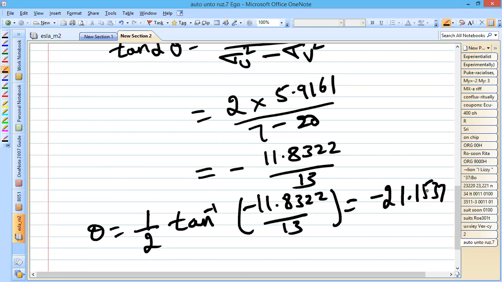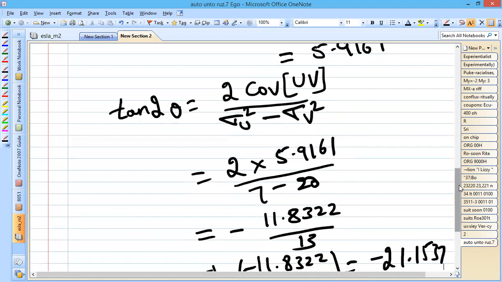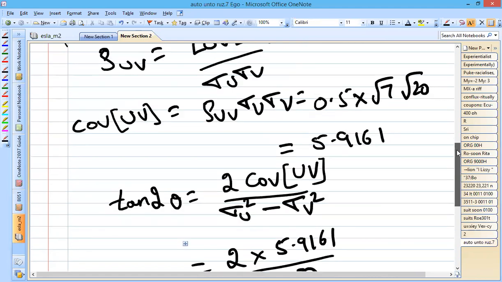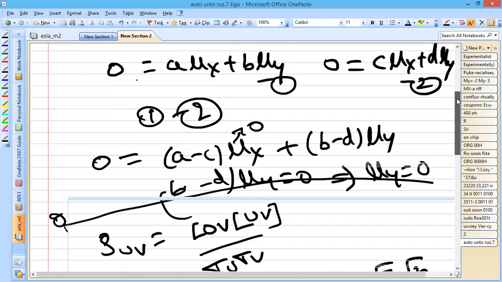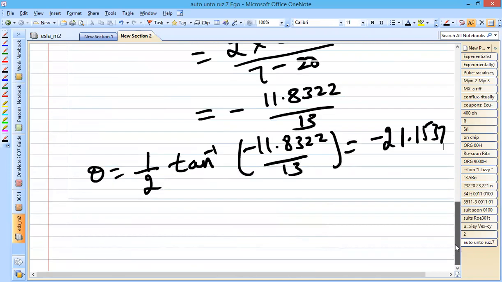After calculation of theta, we had to get the variance values of the random variables x and y. In the problem, just observe, it is required to have the correlated bivariate random variables u and v, for which he says that mu u, mu v are 0, sigma u square, sigma v square are 7 and 20, and rho uv is given. And specify the uncorrelated random variables x and y and an angle theta. In order to specify the uncorrelation between x and y, we have shown the values of mu x and mu y. Both are 0. And then we have calculated the value of theta.